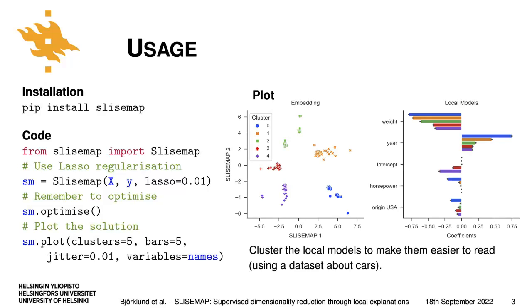The built-in plotting function returns two plots. The plot on the left is the embedding and the local models are on the right. To make the models easier to read, we have clustered them by the coefficients and shown the mean models in a bar plot. The points in the embedding are color-coded with the same clusters, showing that embedding clusters match the